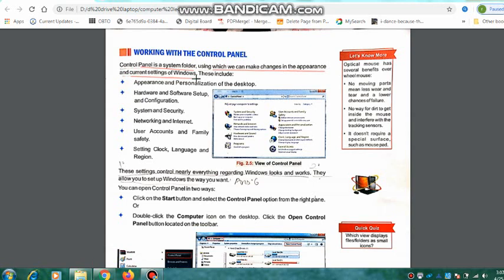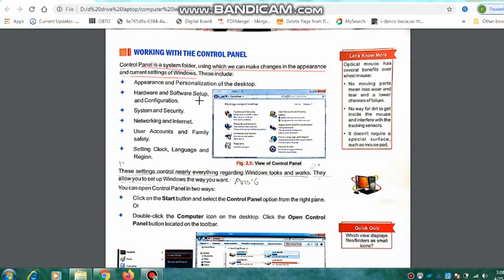The way you do your settings on your mobile phone in the settings option, in the same way for computers or laptops, there is a Control Panel folder through which you can make any kind of changes to the current settings of Windows. These settings include appearance and personalization of the desktop, like changing themes, etc.